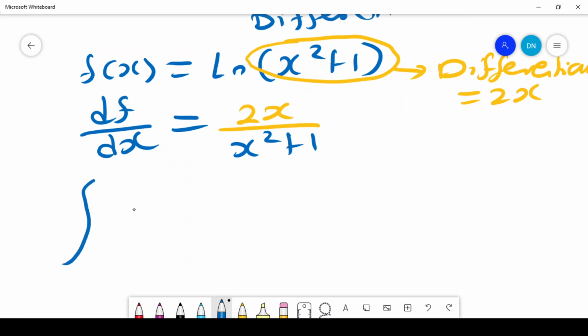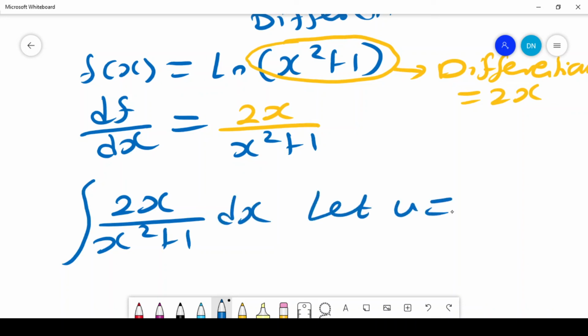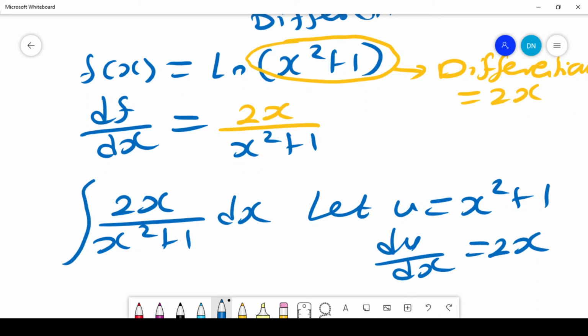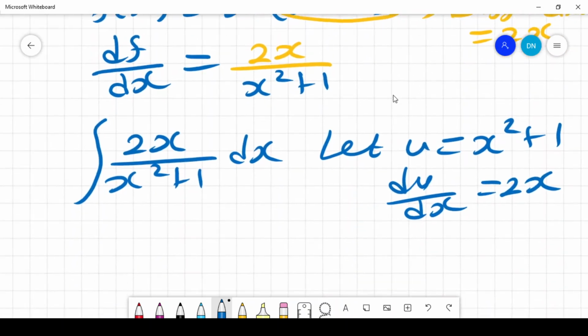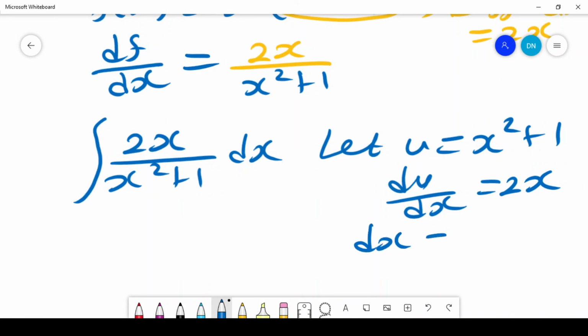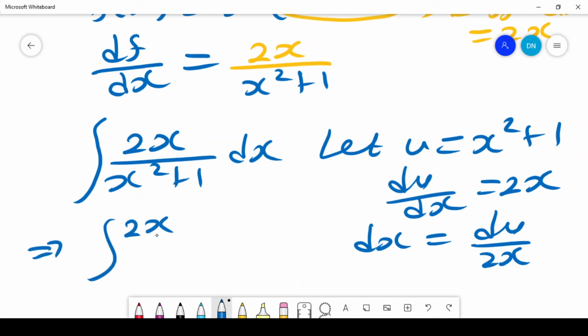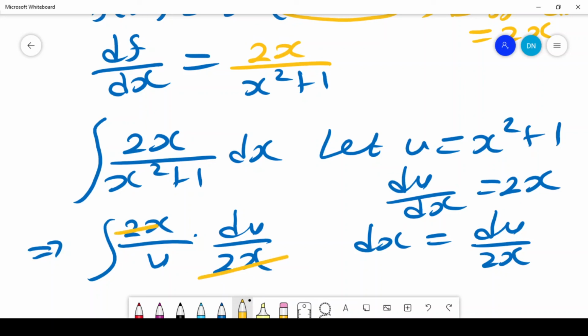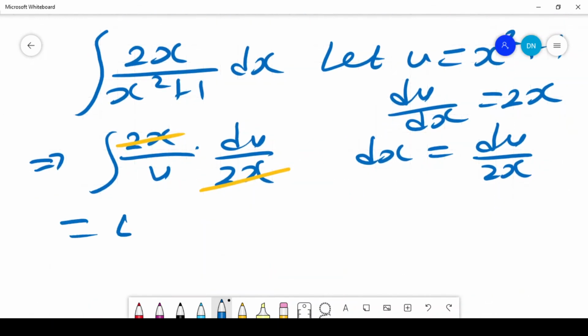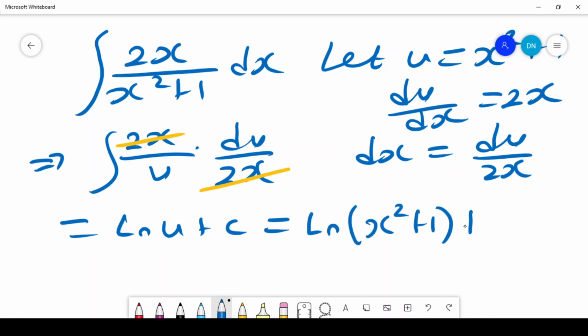What about if I do the integral part? If I integrate 2x over x squared plus 1 dx, I let u equal x squared plus 1, and then du dx is equal to 2x. And that tells you that my dx is du over 2x. So if I come back to my integral, I'll write it as 2x over u times du over 2x. Again, we can easily see that that cancels. And if I integrate du over u, this gives me ln of u plus c. My u is x squared plus 1, plus c. And that shows